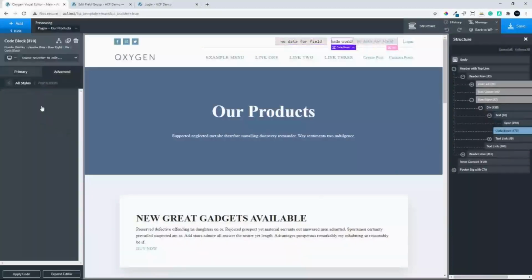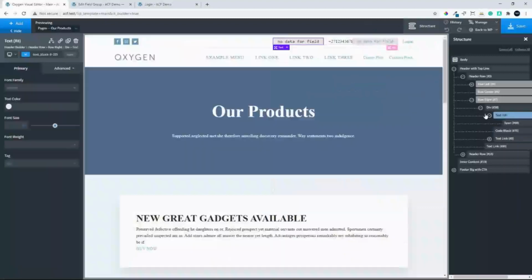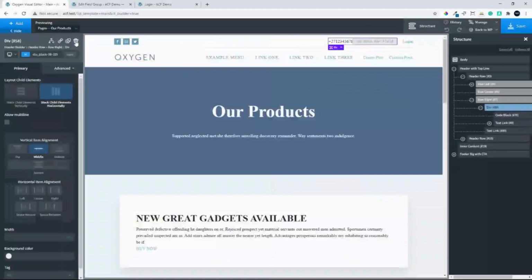And in that code block, we're just going to paste the information that we have now, and you'll see that the number is inserted. So what I can do is head up to that text field and delete that. And there I have the code block,